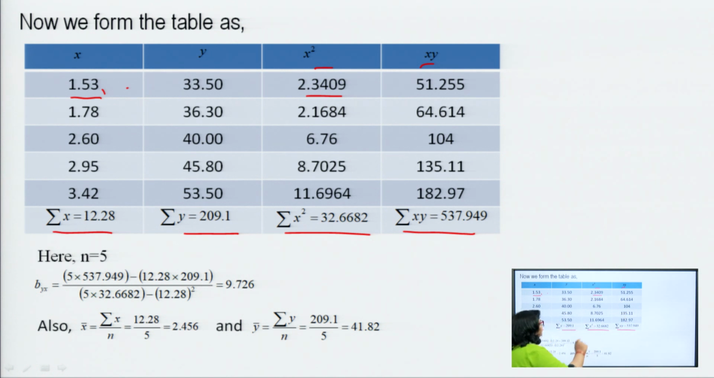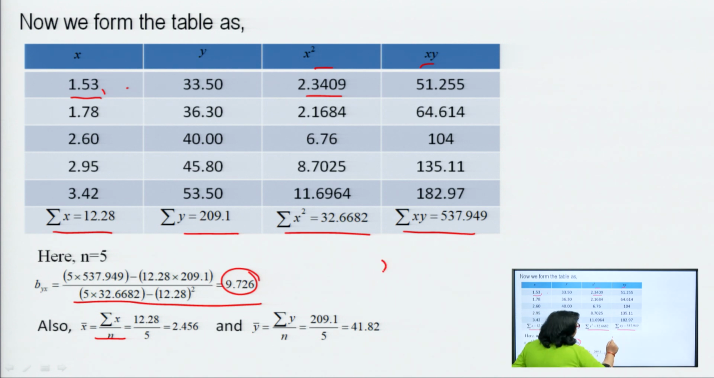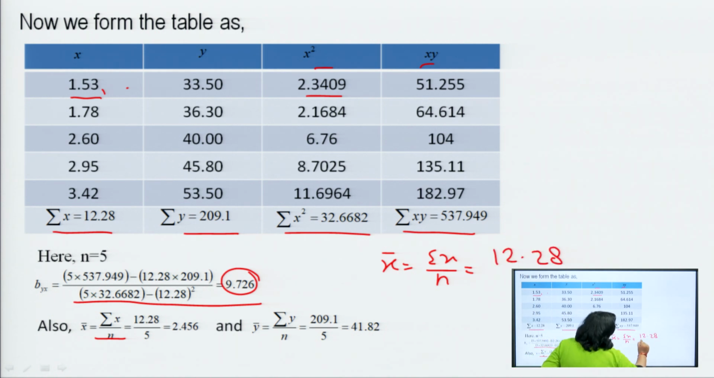Putting all these values in the formula for byx, which is n summation xy minus summation x summation y upon n summation x square minus summation x whole square, we find the value 9.726. We also find x bar, which is summation x by n. Summation x is 12.28 and n is 5, so dividing we get